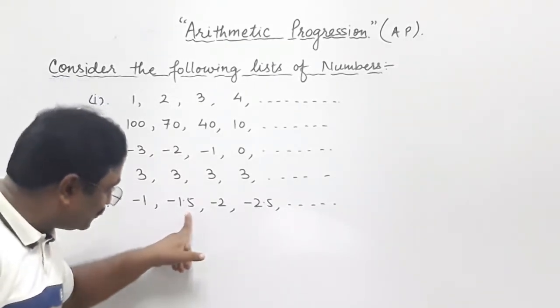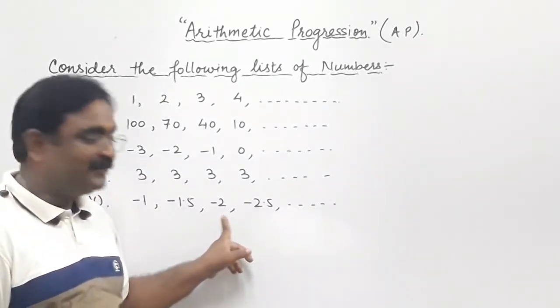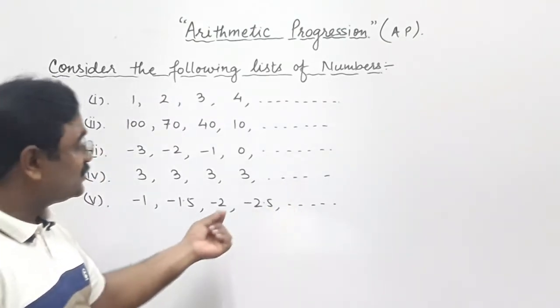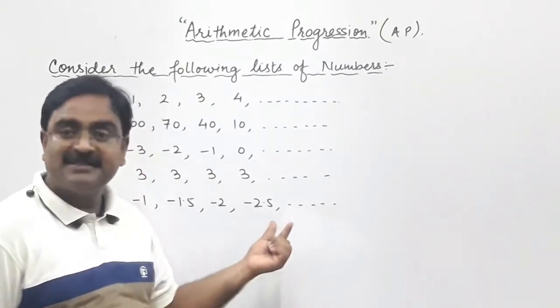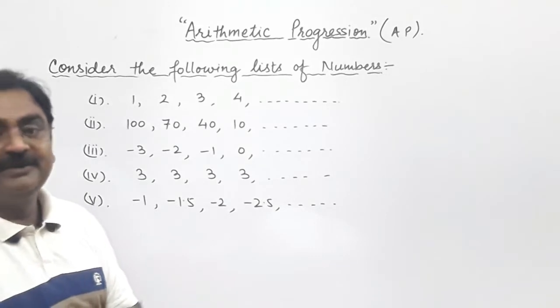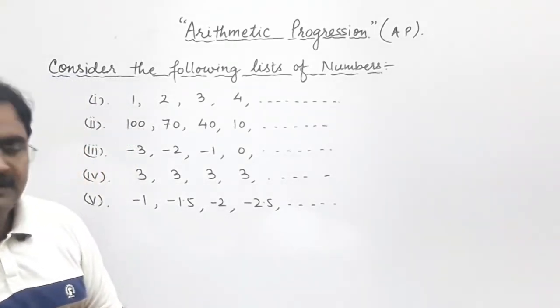When you subtract 0.5 from this number, you will get the next number. When you subtract 0.5 from this, you will get the next number. So, can you tell me the next number after minus 2.5? That will be minus 3. When you subtract 0.5. Similarly,